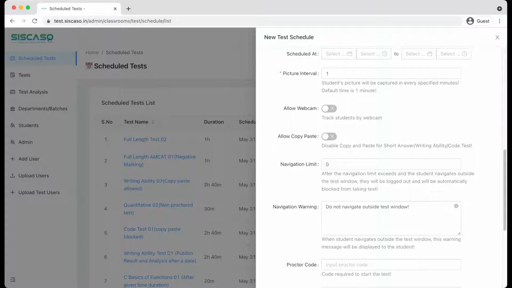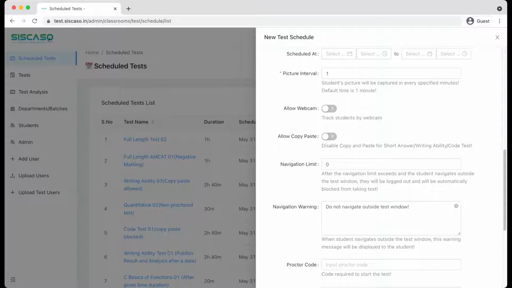But if you specify 0, what does that mean? We are not calculating any navigation limit, so it will be unlimited. They can navigate at any point in time. But when we specify a number of times, after that number it will auto submit. This feature helps avoid going out, let's say if you have 60 questions, the worst case is they go out 60 times to get the answer from Google or somewhere else. If we give a limit of 20 or 25, that is a bare minimum limit, to avoid technical glitches and unwanted auto submit. But whenever they get a warning, they will be more careful when they navigate out.